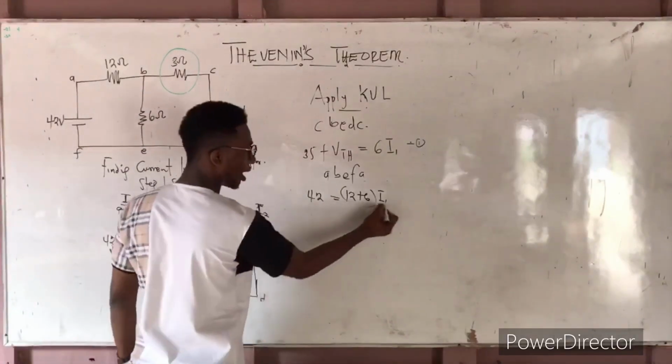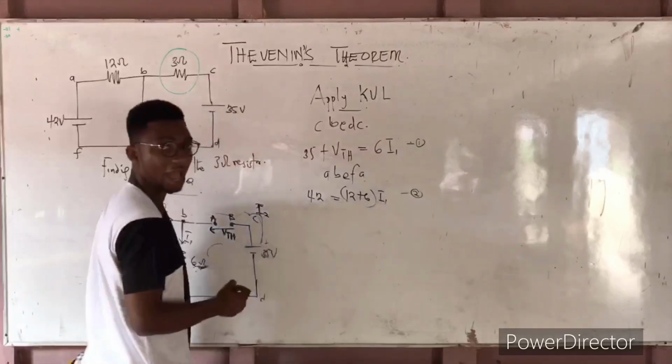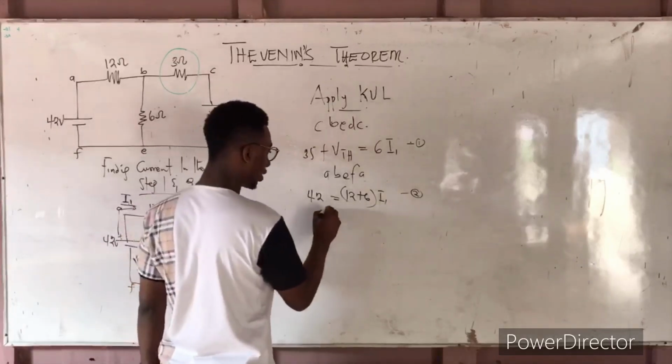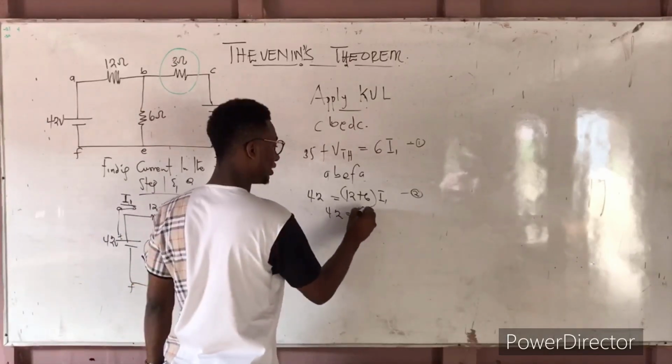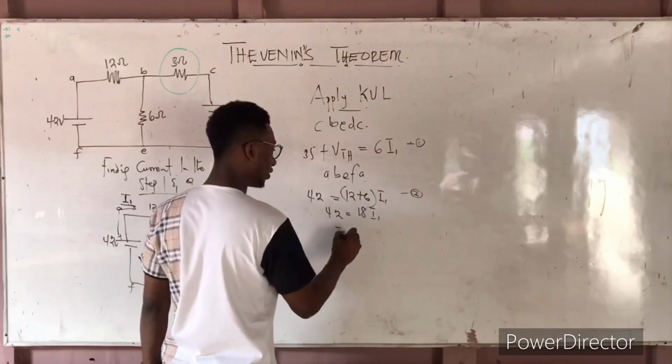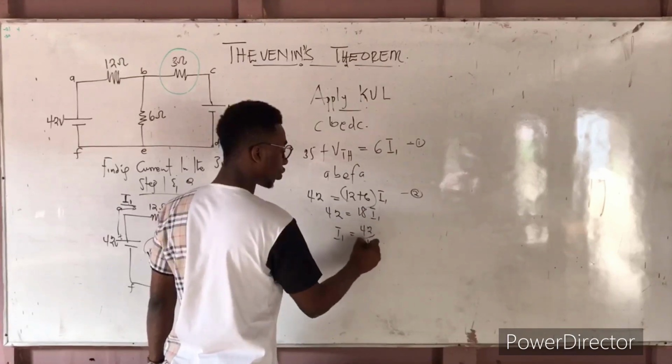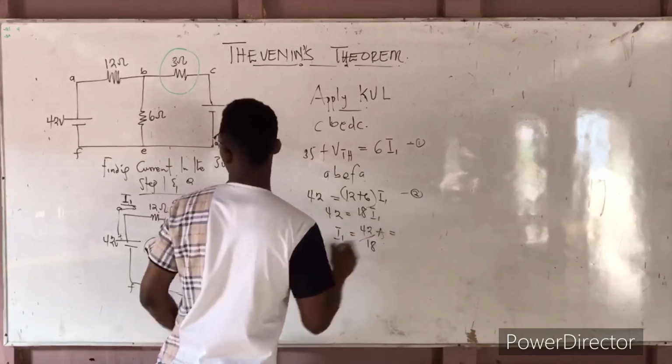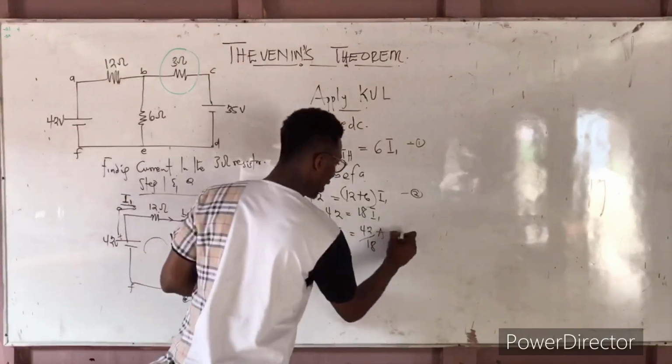Now, from here, which is equation 2, we can calculate I1. So I1 will simply be what? 42 equals 18 times I1. So I1 is simply 42 over 18 amperes, which is equal to negative